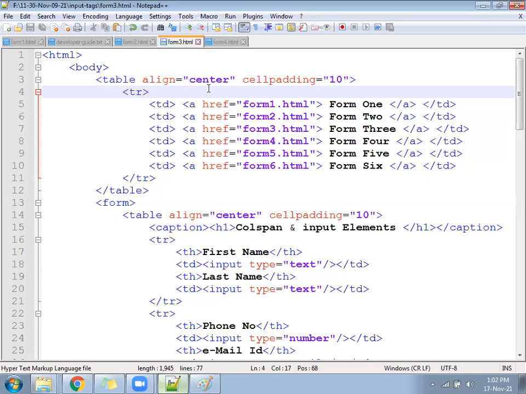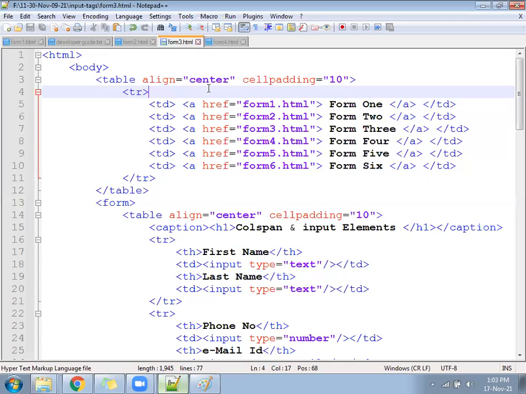Maximize the screen. Text area. So the TD got closed here. TD will close after the text area.